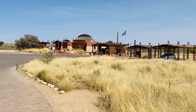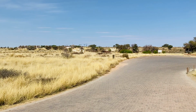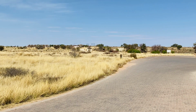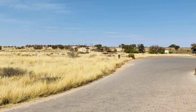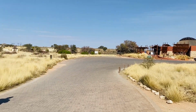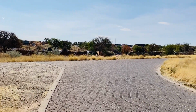This is the main entrance. Up there, if you go up there, that's the Botswana side. So there's the Botswana chalets and campsites. I believe, I haven't been there myself, but I believe it's pretty dilapidated. Most of the people camping there are moving to the South African side, saying the facilities are really not well taken care of. So yeah, but that's how it works. As you come in, you go to the Botswana side, or you go to the South African side. So just to give you a brief overview before we go into more detail, the lay of the land